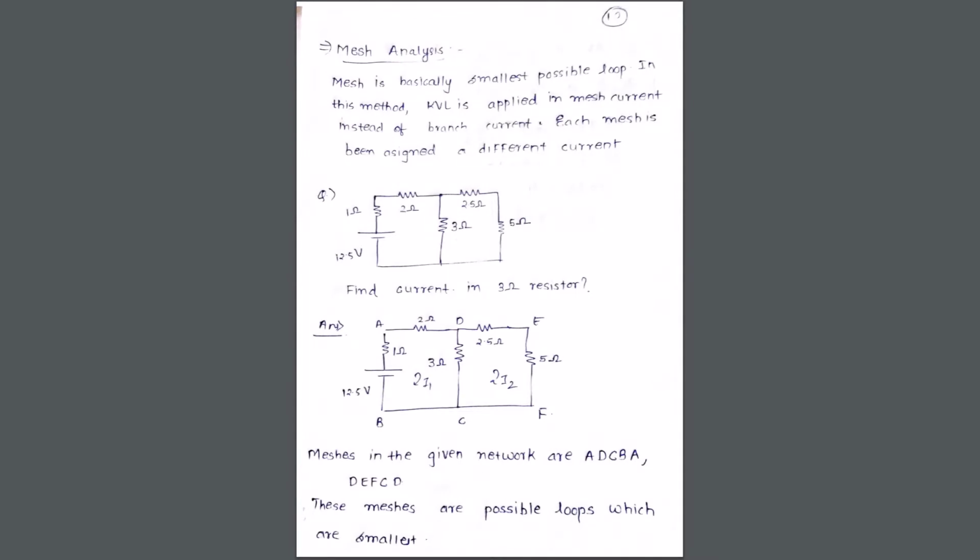As we move on for the future concepts, we will be taking the same numerical and we'll try to do it by nodal analysis. So how by nodal analysis we can find out the current through 3 ohm resistor. So we'll take the same circuit and do it by different methods so that you understand the difference between them and how to approach it by different techniques. I hope I am very clear with this particular concept. There's another concept over here called the super mesh. So that is another concept of mesh analysis. I have not included this in this particular lecture.